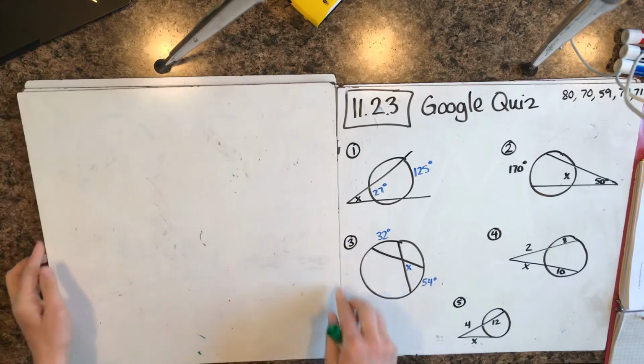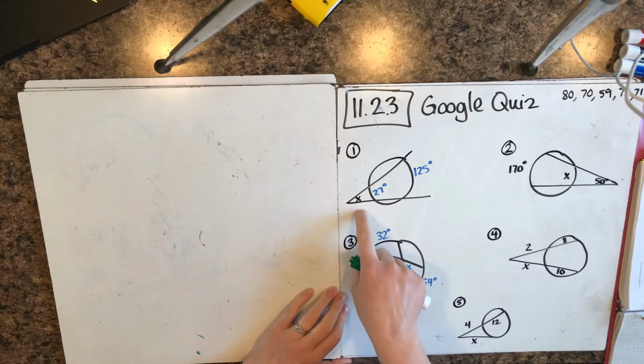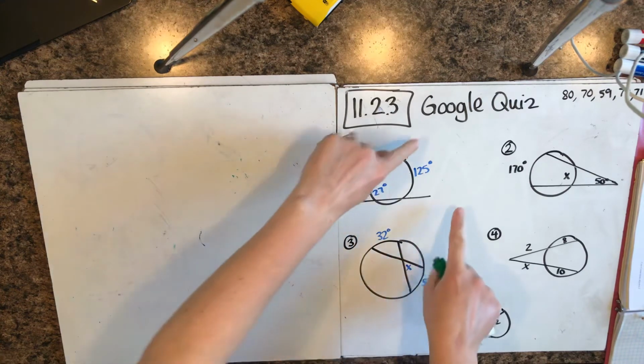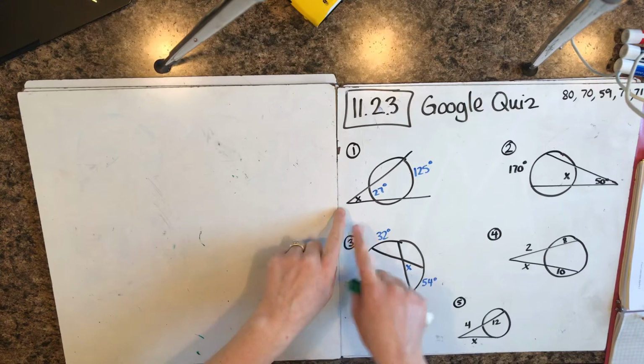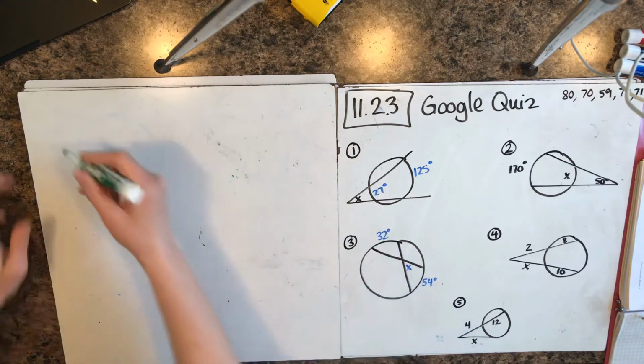Number 1, okay, if we look, it's talking about an angle. X is an angle. So for angles, I'm thinking inside, outside, or on. Where do these 2 lines meet? They meet outside the circle. So outside